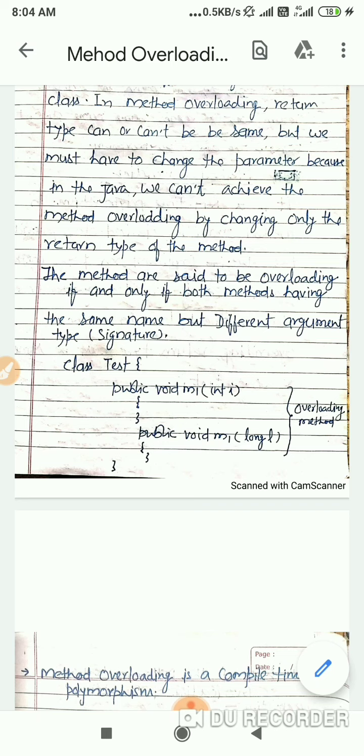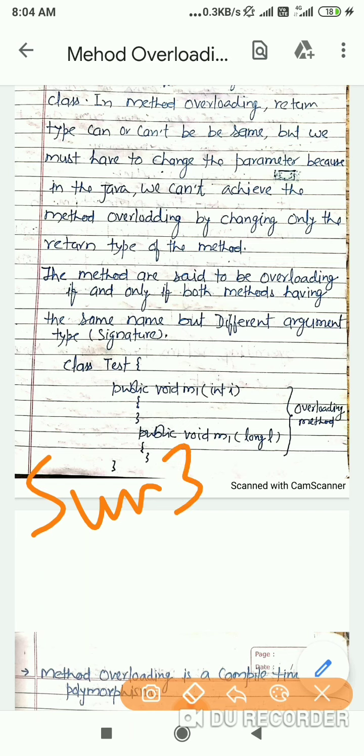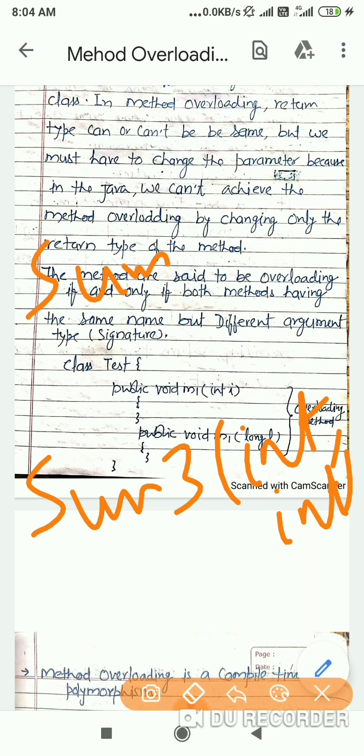In order to accomplish the task, we create two methods. First is sum2 with int comma int, and another is sum3 with int comma int comma int.